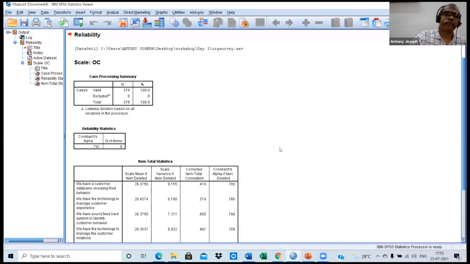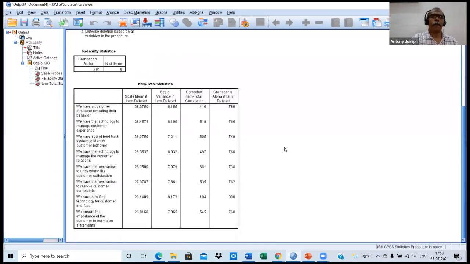Look here, please look here. The Cronbach alpha, in the small table we are getting, shows 0.791. I have already told you the minimum Cronbach alpha required is 0.7, and the maximum possible is 1.